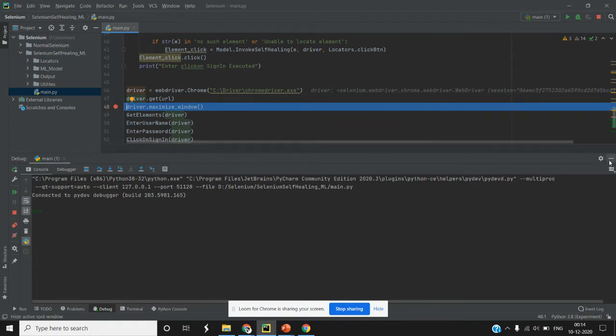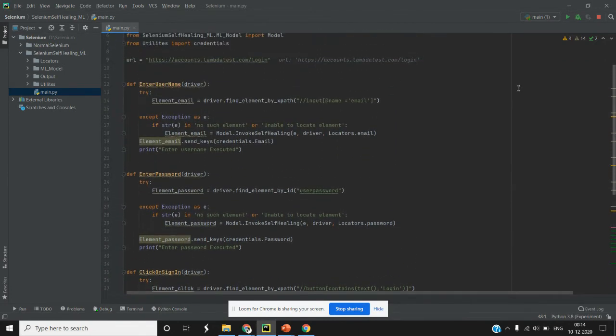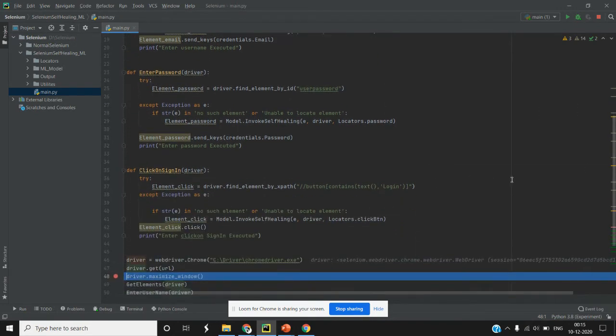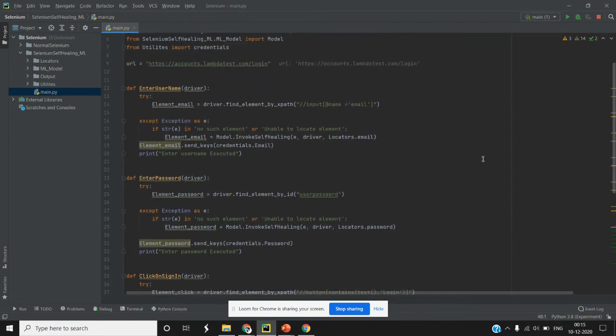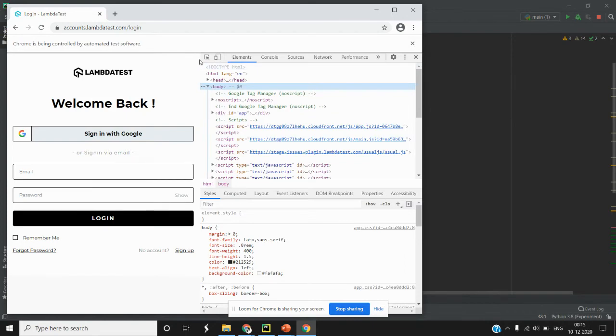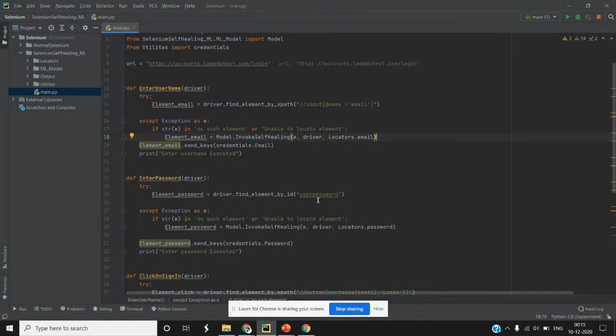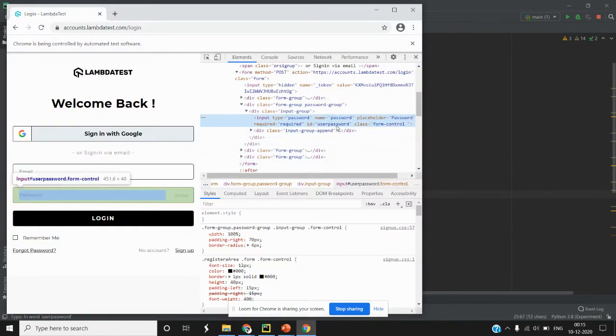Before jumping on the web page and changing the attributes, let me first show you the attributes that I've chosen here. So you can see I've used XPath for email ID, I mean putting email ID for username, and then for password I've used ID, that is user password, and for login I've used XPath. So I'm more inclined towards this ID and XPath. So I'll first change this ID. As you can see, the ID in our script is user password, right? For the password. So I'll change this ID to, let's say, 1234.